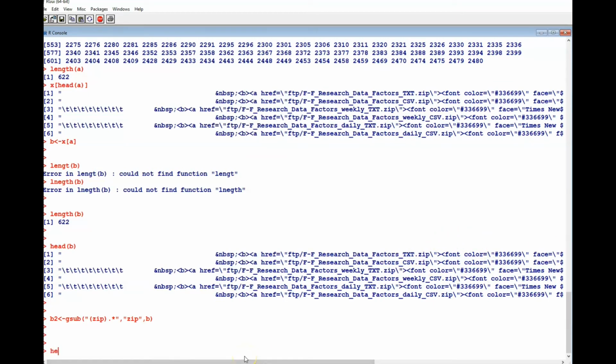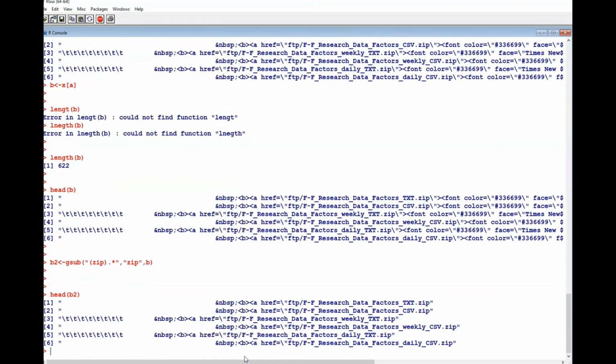Okay, so let's look at the B2, sorry, B2. You see, we don't have anything after zip because I use AND, so this is logic AND. So we don't treat the Z as independent. We treat the ZIP in the parentheses as one unit,